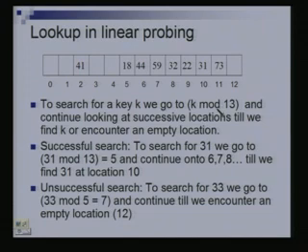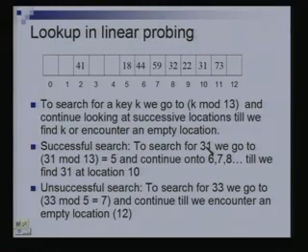After that, if we don't find the element there, what do we do? We don't say the element is not in the table. We go to the next location. If at the next location there is some other element present, then we go to the location following it, and so on, till we either find the element or we reach null, an empty location. If we reach an empty location, then that means the element is not there in the table, because if the element had been there, it would have been inserted at one of these locations that I had checked. Right?